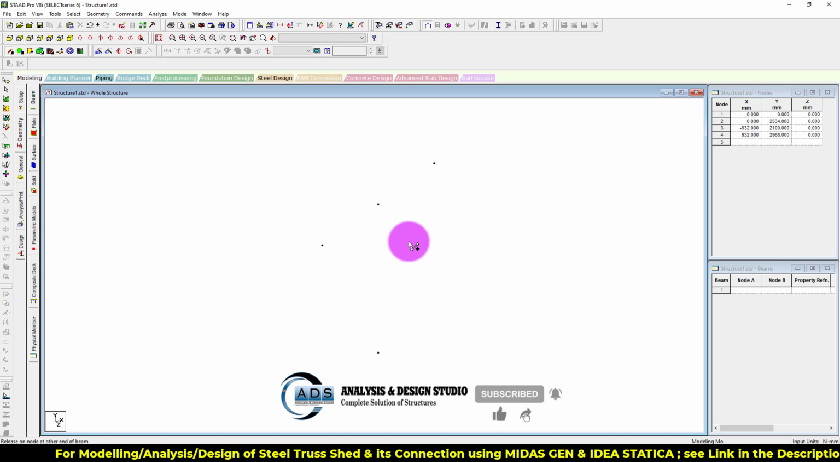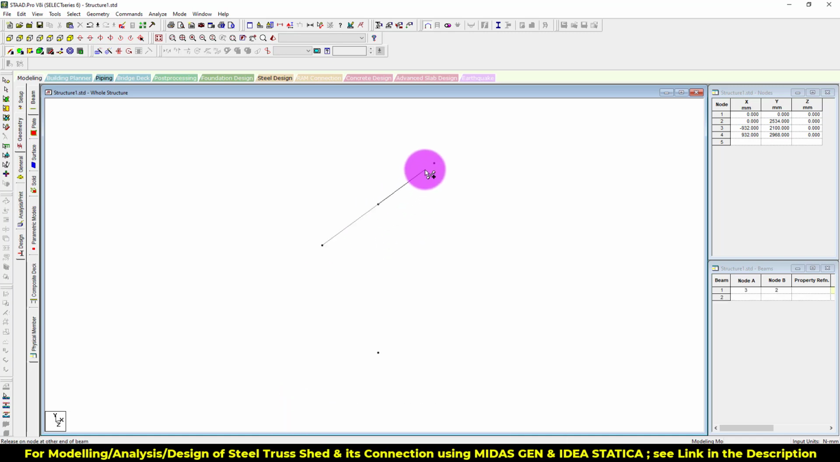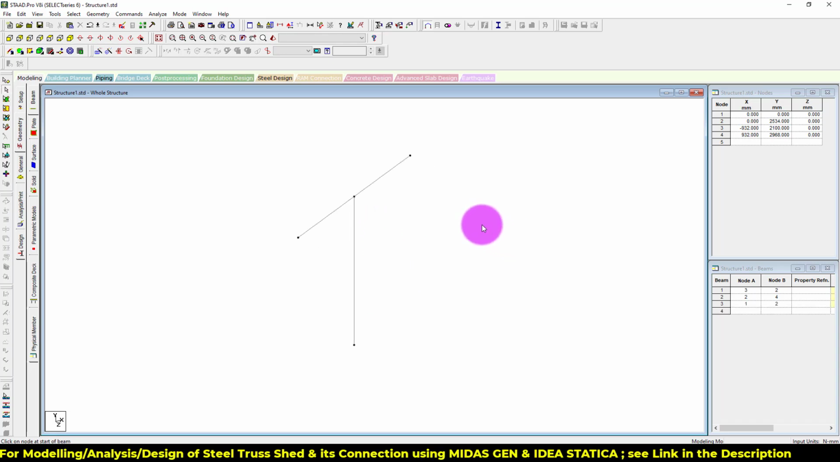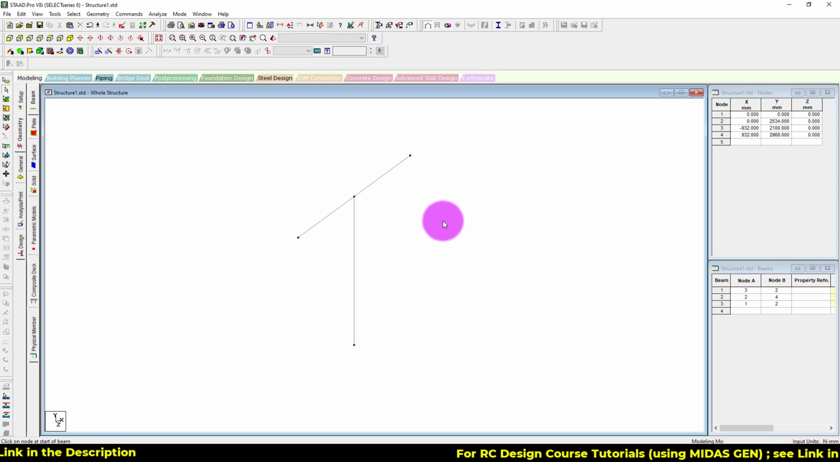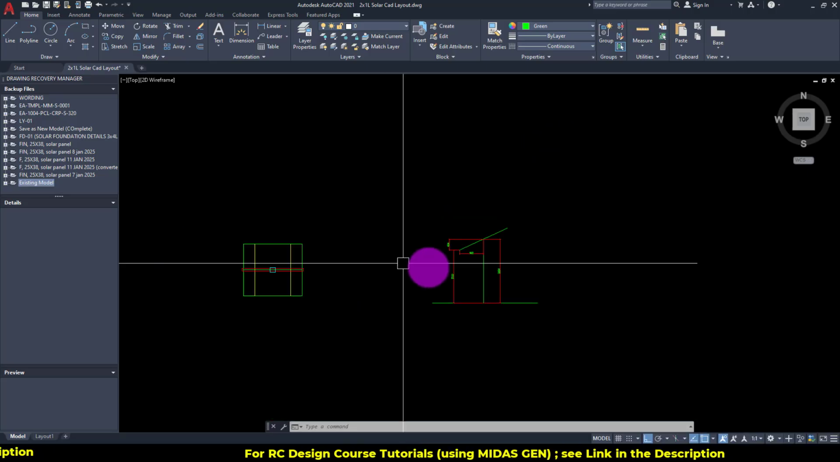For all the beams, down to up, and for columns, down to up. Columns up to you, but beams down to up for simpler load assignment from the sheet. Okay. Now going towards the